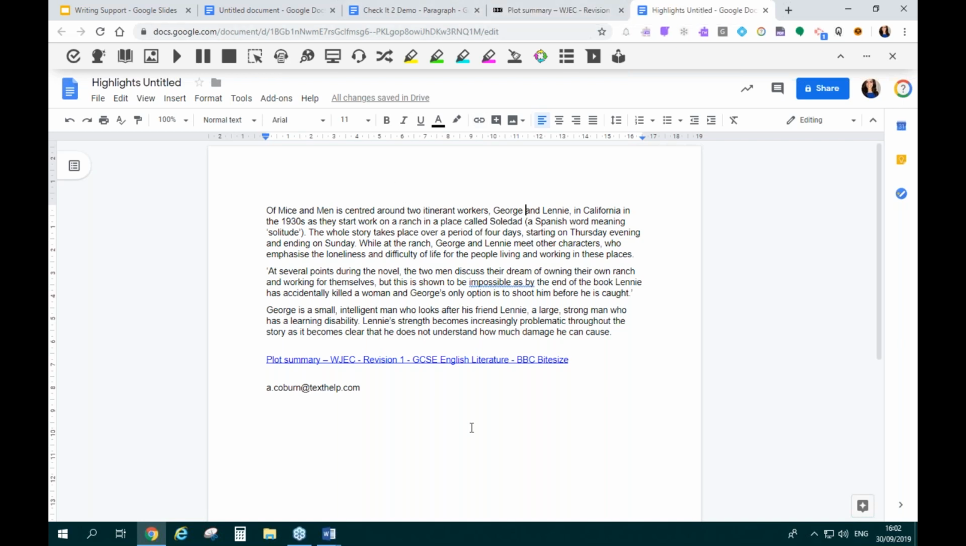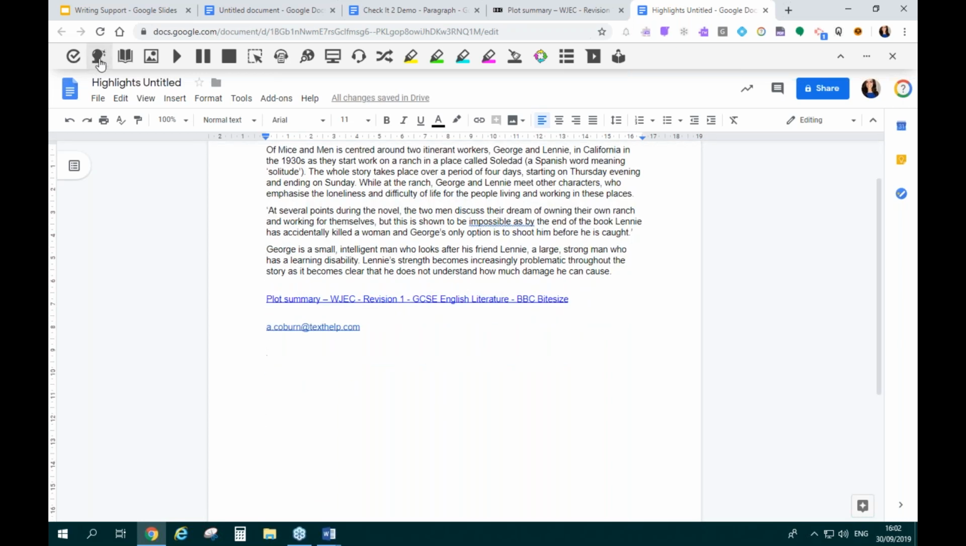So the next stage of the writing process is then drafting. So getting ideas down on the page, and some features that will help with this are the prediction feature and talk and type. So the prediction feature is the one that looks like a crystal ball, and talk and type is the little headphones with the microphone. So we'll start off with prediction,